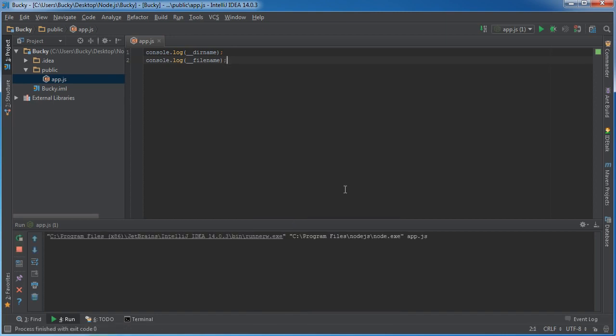But essentially what this is going to do is give you the directory name, in other words the full path, and also the file name, which is the full path plus the file plus the extension of whatever file is currently calling this code. So again, since it's app.js, it's giving us this for app.js. And I know that these are kind of random things that I'm teaching you guys, but first of all, I didn't want to spend a tutorial teaching you guys like 2 lines of code. And also, like I said, they're going to come in handy in the next couple tutorials,